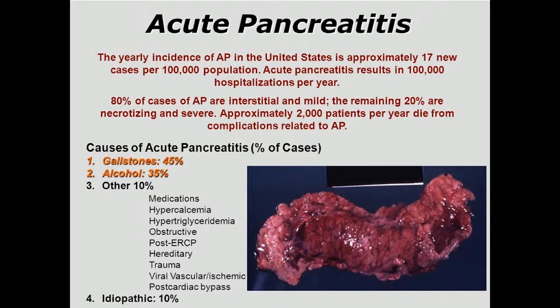80% of cases of acute pancreatitis are interstitial and mild. The remaining 20% are necrotizing and severe. Approximately 2,000 patients per year die from complications related to acute pancreatitis. Causes of acute pancreatitis, in percent of cases: